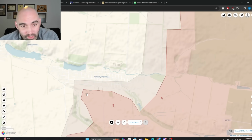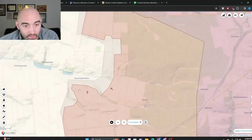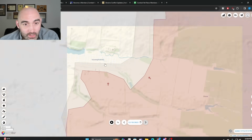This has been kind of Russia's standard tactic here, where they surround the town and establish good support-by-fire positions before entering the town itself. And this has been a very effective protocol for Russian forces. And that's likely what they're doing here. They're occupying this cluster of buildings, which, especially if they're multi-story buildings, may overlook this entire town, giving them the ability to both see and direct fire and engage as forces enter and clear block by block